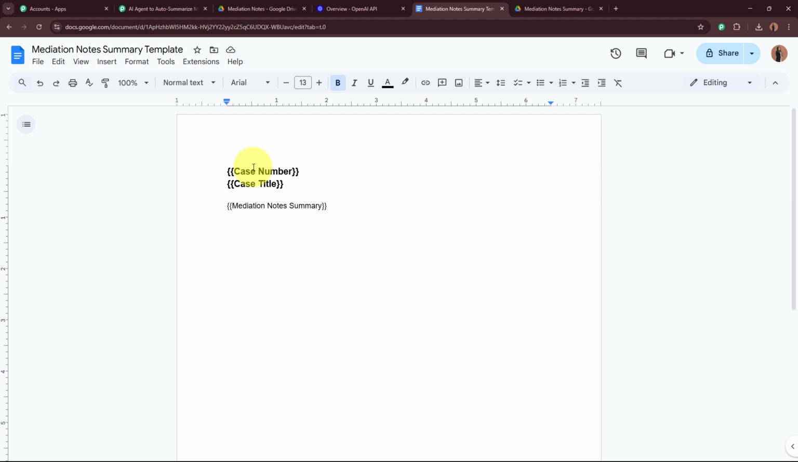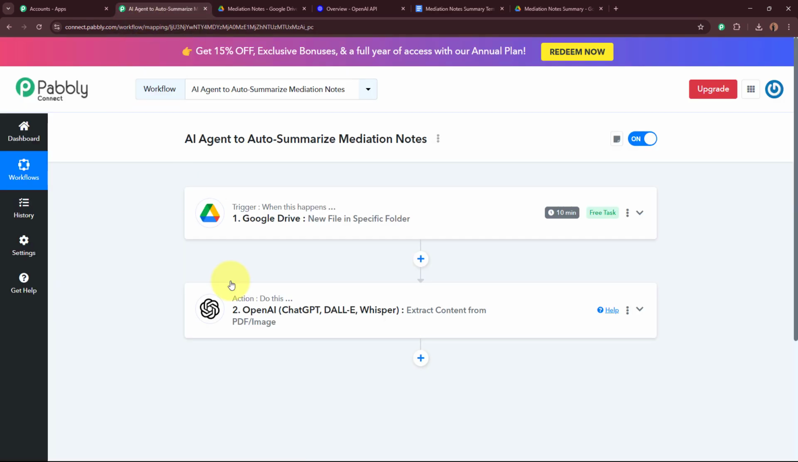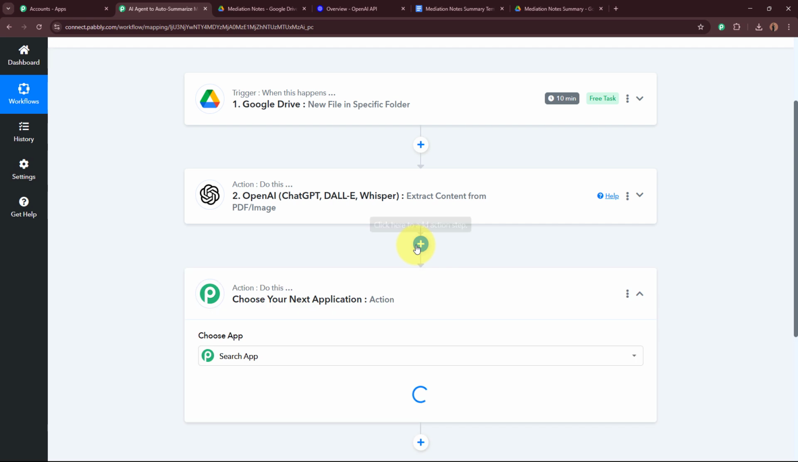curly brackets. So this is a variable, and in place of the variable, I'm going to add the value of the case number, case title, and the mediation notes. In this manner, the documents from this template are going to be created. Now, to create a document from the template, go back to the workflow and add an action step in this